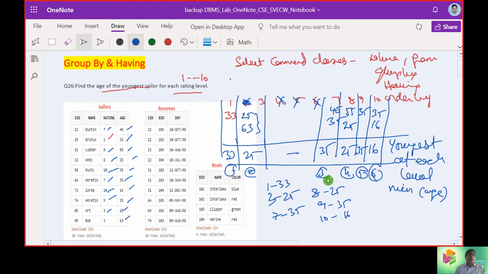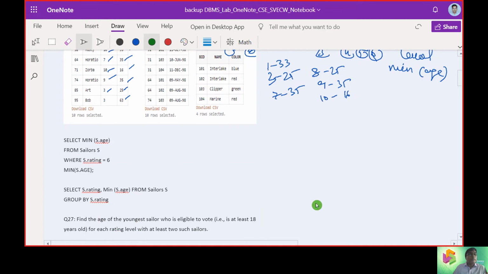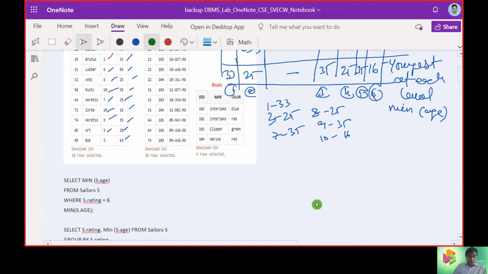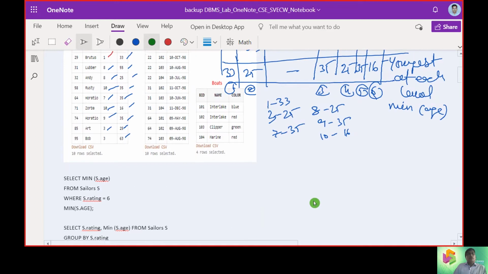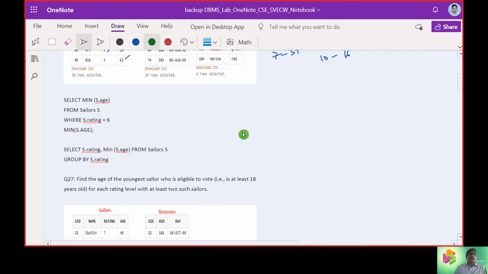So we have to look at whether the answers are moving in this direction, and then build an SQL query to see whether the query returns the same result. We will write S.rating and min of age from sailors group by rating.